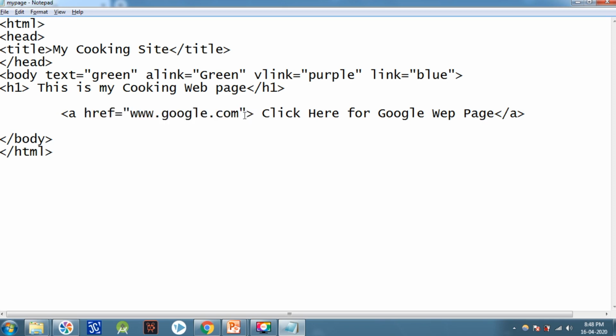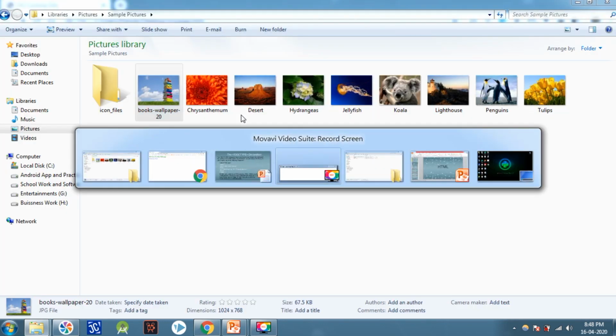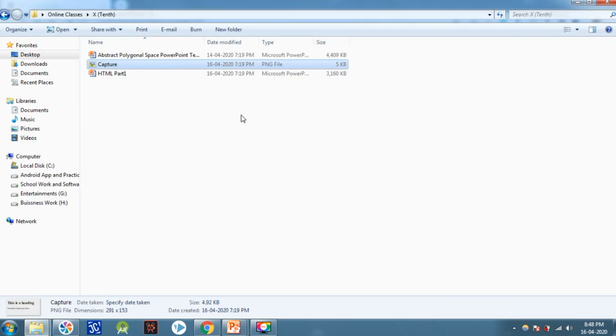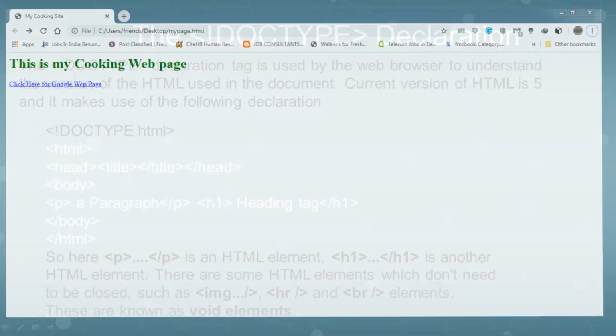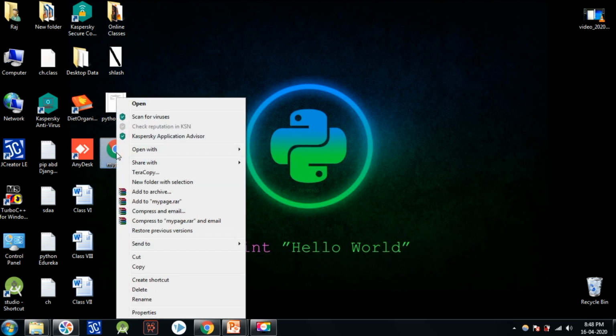So I'll type the complete address here. Let's see what will happen. We need to open the code again. How will you open the code? You have to right click on the file, go to open with, and choose notepad.